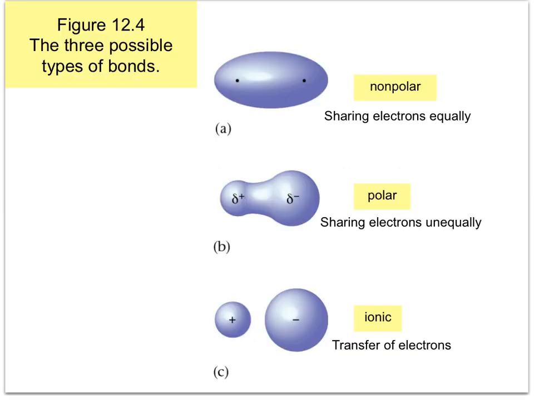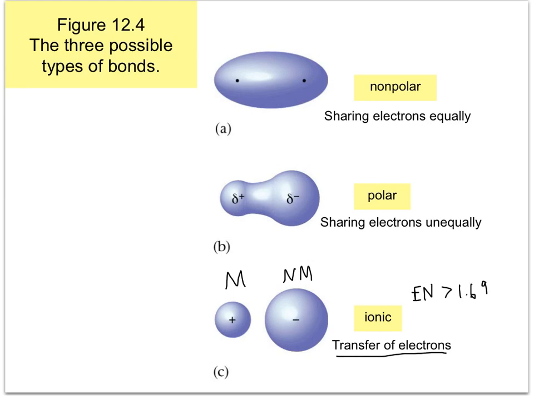So now we have learned that there are several properties that will help us classify bonds. The first type is the ionic bond, and we know that that's between a metal and a nonmetal, or a positively charged and negatively charged ion. And there's a transfer of electrons that takes place. Of course, we just learned that the electronegativity difference between that metal and the nonmetal will be greater than 1.69.